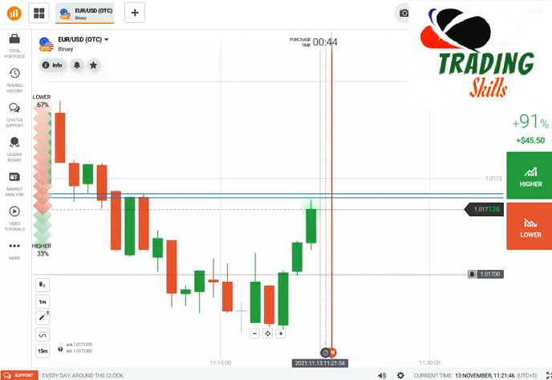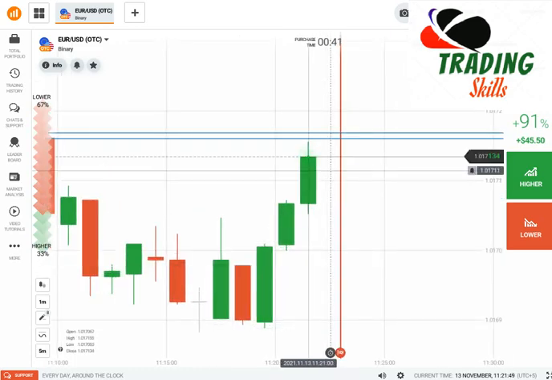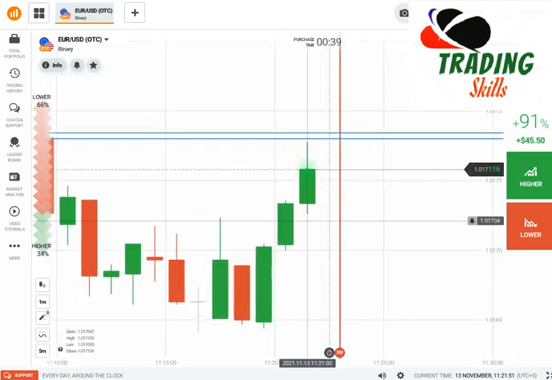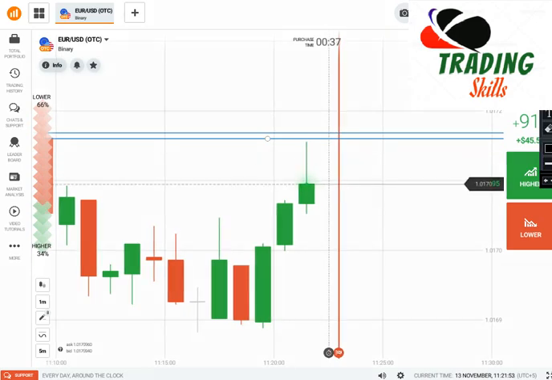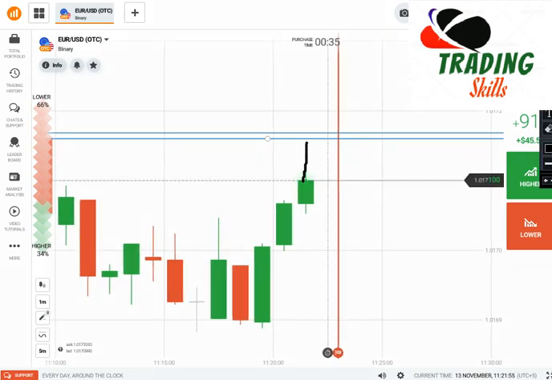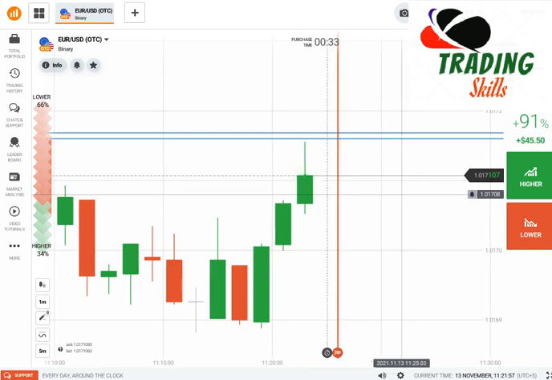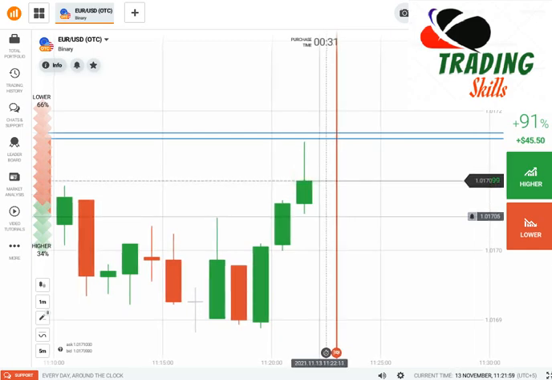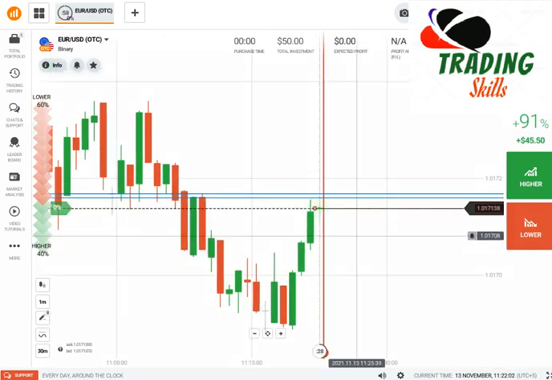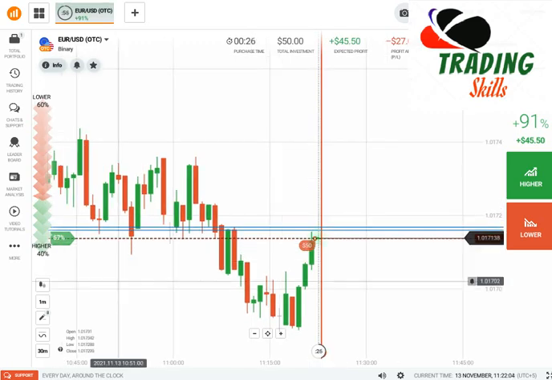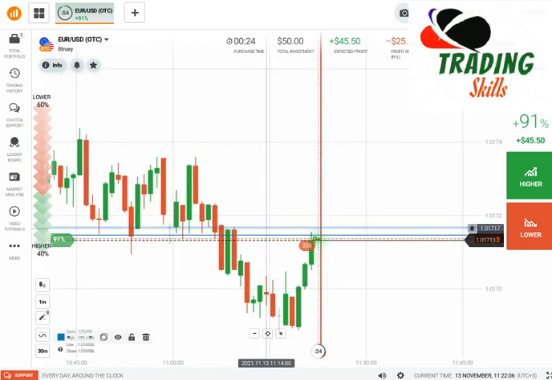Right now you can see here, this is the entry of the sellers. So now what's going on here? I can go here with the sellers easily. I have taken my trade here in a down direction because you can see here